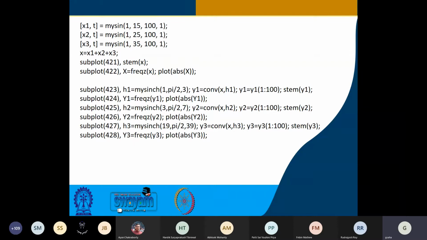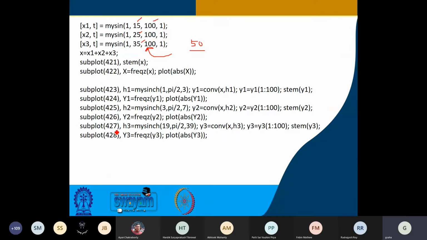Again, as I said, it is a next level course from signals and systems. So though we have learned convolution before, we would like to put it into practice and see whether things are really working or not. So these are all familiar things to you. 15 Hertz, 25 Hertz and 35 Hertz. These three frequencies we are talking about, and sampling frequency is 100 Hertz, right? Maximum frequency that Nyquist rate is 50 Hertz, so it is all well below the Nyquist rate. So there is no aliasing and other aspects coming into picture.